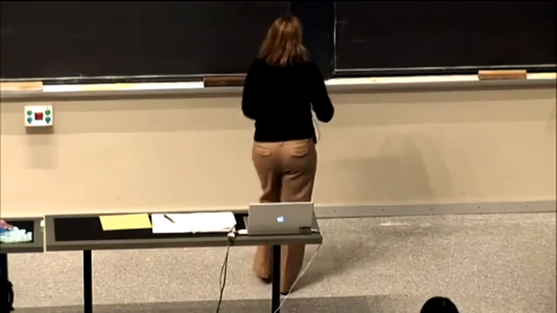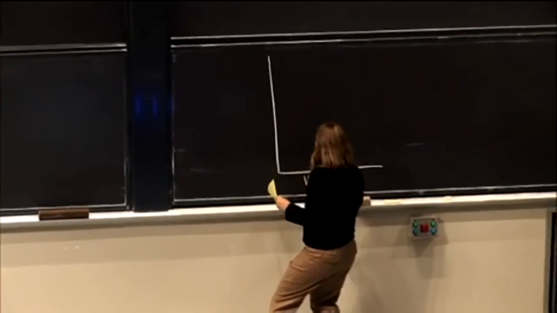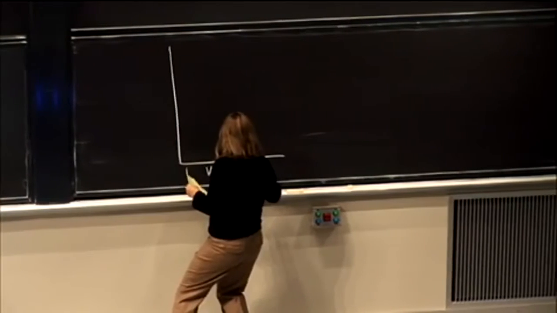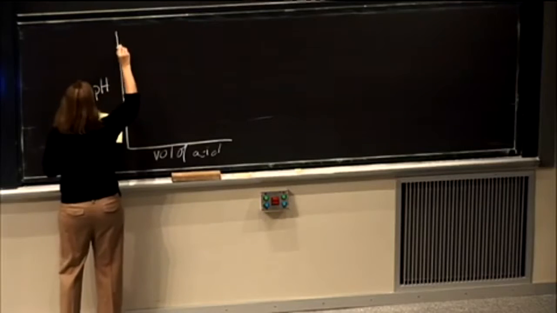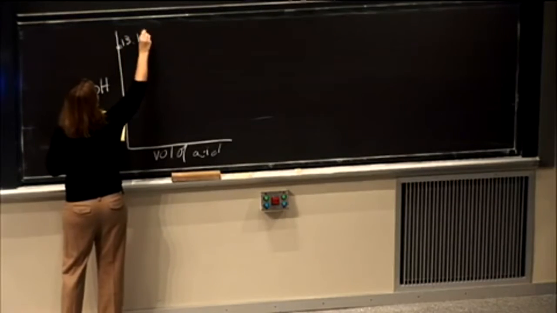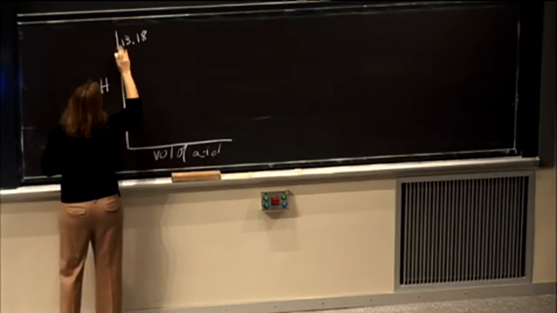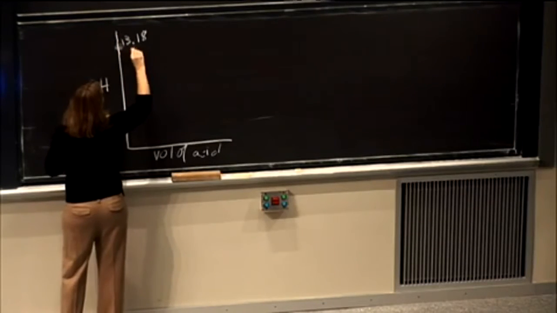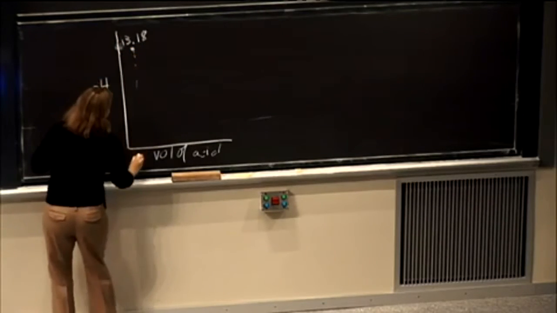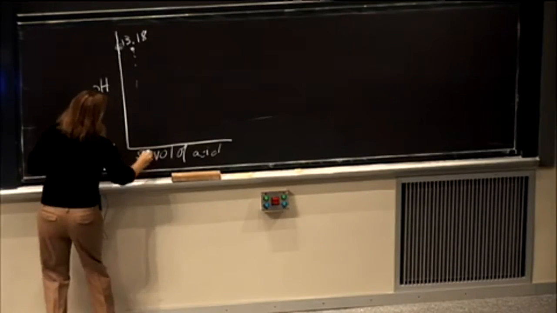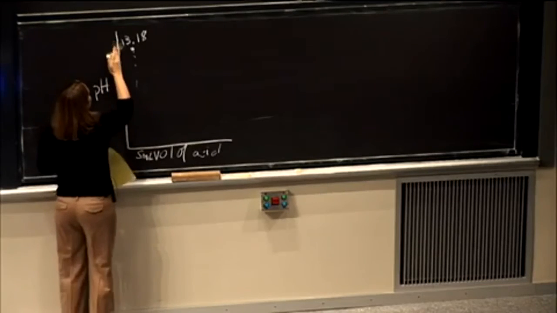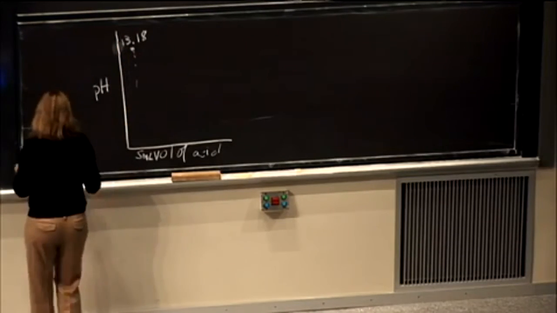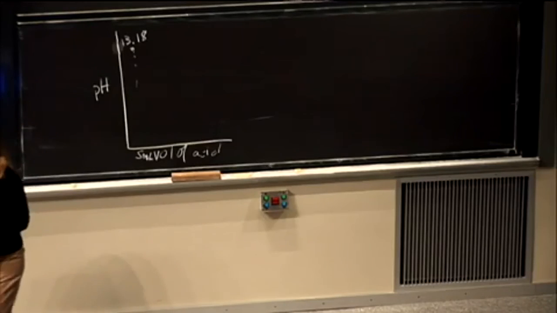So if you were making your own little titration curve, we could have volume of acid on one side and pH on the other side, and you have a point of 13.18. That's how much, oh, actually, that shouldn't be on 0. That's how much we have after you have 5 mL added. So in this curve, we have not measured the 0 point, but we know what 1 point is after 5 mL of